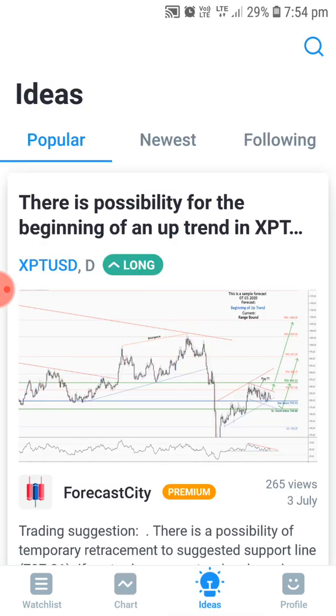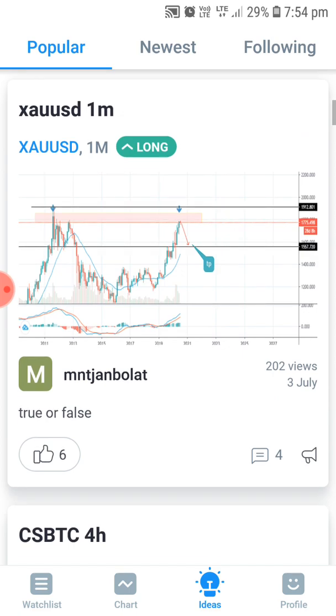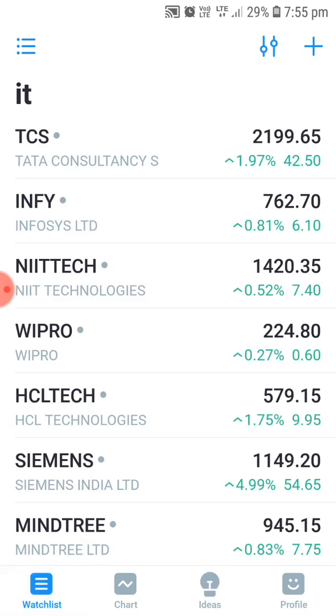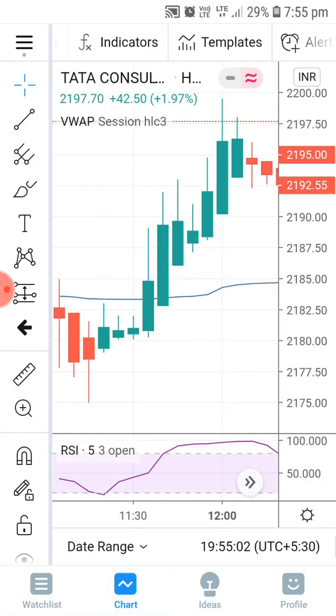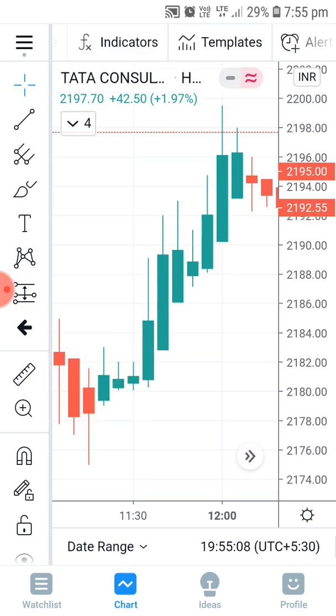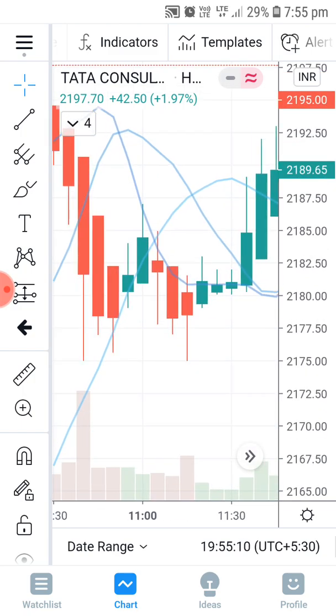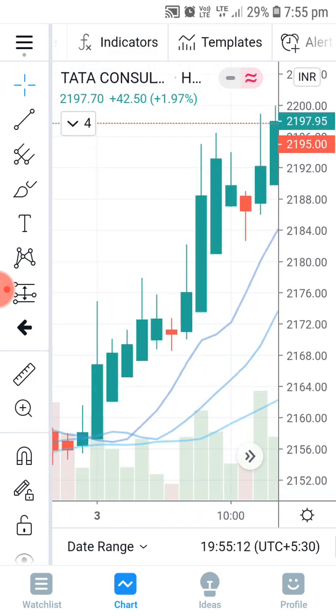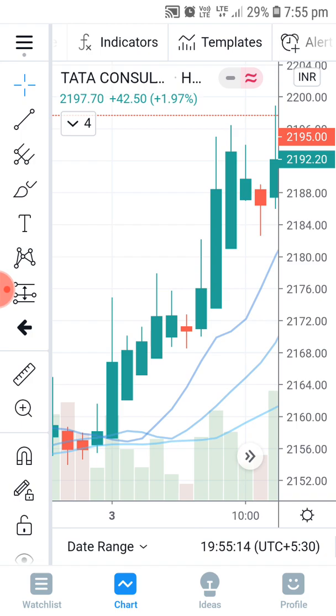And if you want ideas on how people are using it, a lot of people have given their ideas, and ready-made charts are also there. So if you are a beginner, it will be very helpful. You can use the ready-made graphs that are already there. Here you can see the moving average, so you get a lot of ideas on how you can take a trade based on moving average. Here you can see how they have taken an entry, because you can see the green candle and 3 lines. Based on that they have taken an entry.